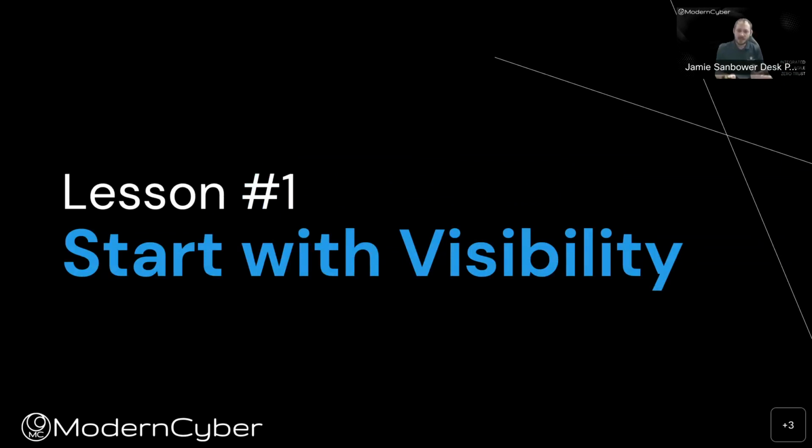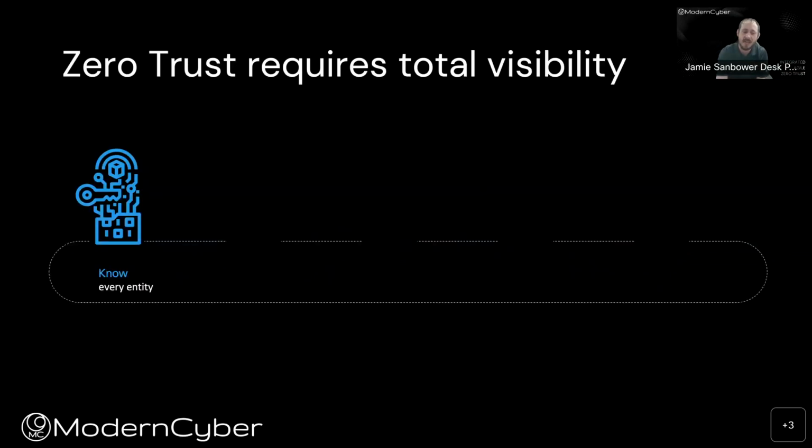Lesson number 1 is starting with visibility. And while this seems very, very easy to say, what I will tell you from experience is most organizations have some form of security or visibility blind spots within the organization. And what happens here is maybe they have a patch management tool that's owned by the desktop team. Security team doesn't have access to that. They don't see that data. So really, it's very difficult to start to come up with the principles, define what zero trust is, and then think about operationalizing policy unless you have the data to do it.